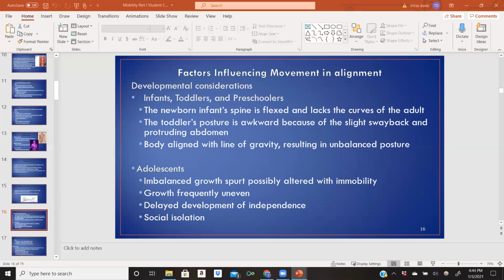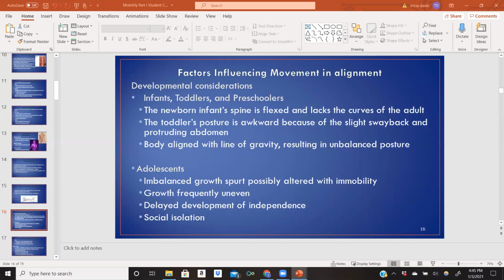There are various factors that influence movement and alignment. A person's age and the degree of neuromuscular development markedly influence body proportions, their posture, their body mass, and any movements and reflexes that they have. To promote neuromuscular development in patients of all ages and to facilitate each patient's use of their body to perform self-care activities, we as nurses have to be familiar with all the developmental variations in body proportions